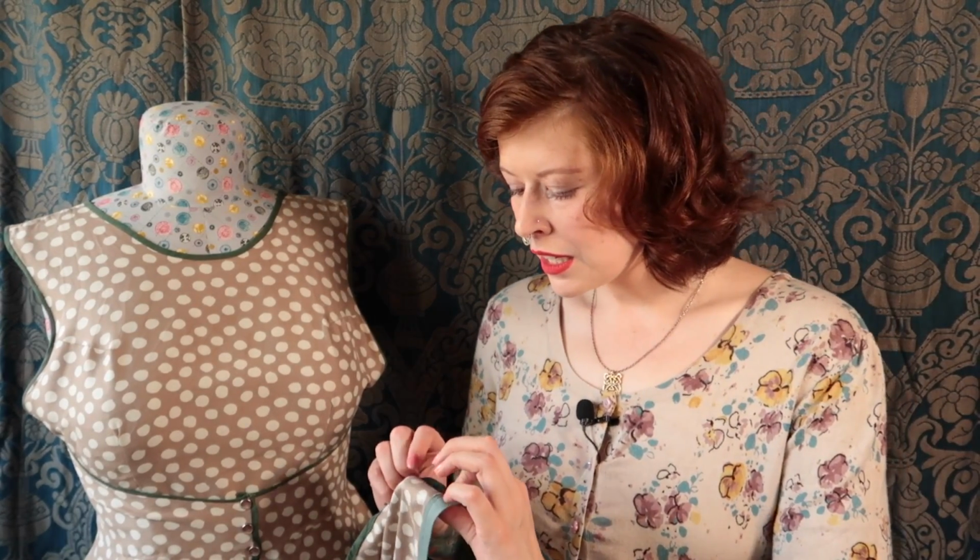That being said, I was so pleased when seeing the Walkaway dress. I went into my stash and saw something like this. I feel like the polka dots and the sort of taupey brown color with the white made it a very 50s look, very 50s feel. It's a light fabric. I think it's silk, and that just made the whole thing feel a little bit more luxurious, a little bit fancier. So that really felt good to be able to make something that is really cool looking out of a really nice material that I feel went really nicely with the time and the sort of theme of this like elegant,